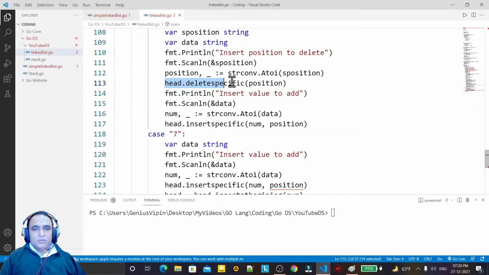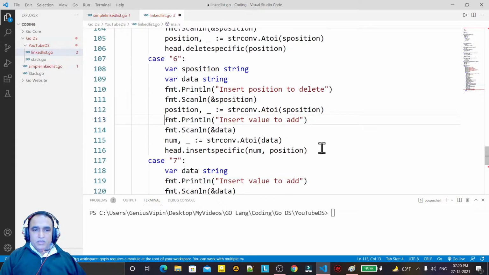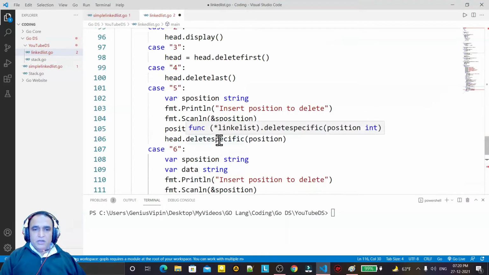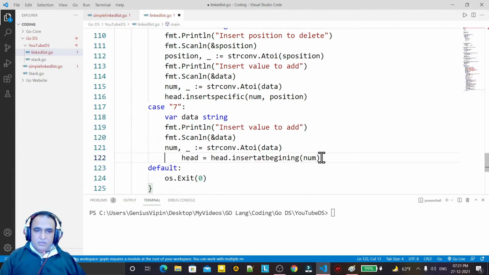So I have to remove this, okay, because here I have to call insert specific position, and here I have to call delete from a specific position. I have to remove this because it is not for specific, it is for inserting at the beginning, sorry.